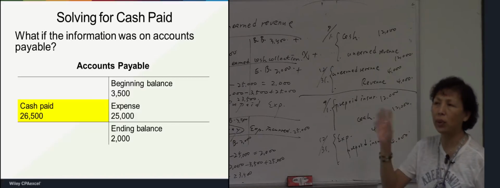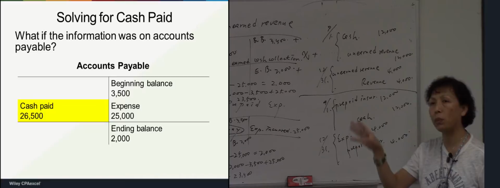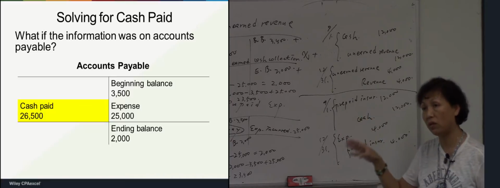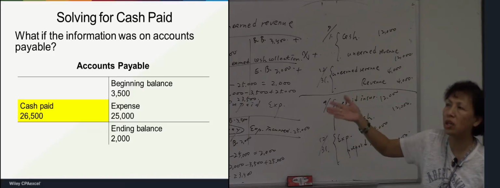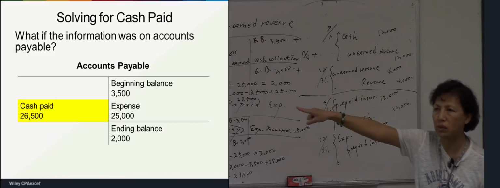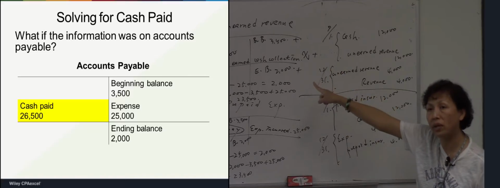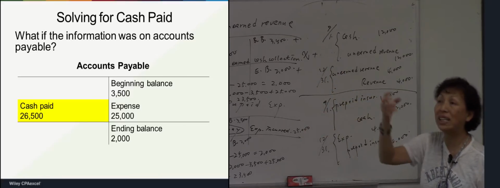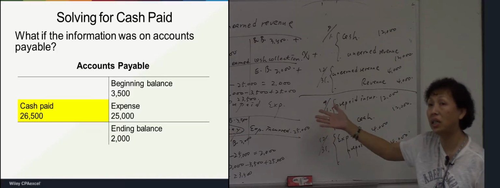Sometimes the question gives you an accrued asset, that's accounts receivable. Sometimes a deferred asset, that's unearned revenue. Sometimes an accrued liability, that's accounts payable. Sometimes a deferred liability,